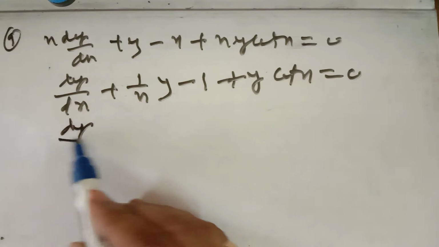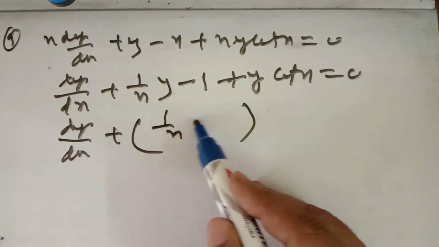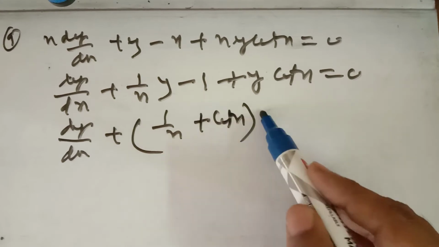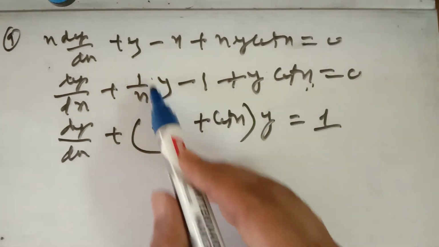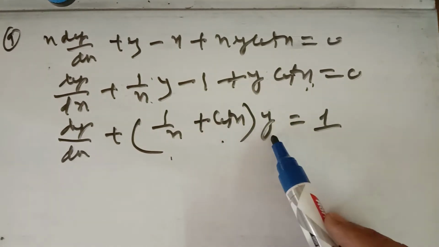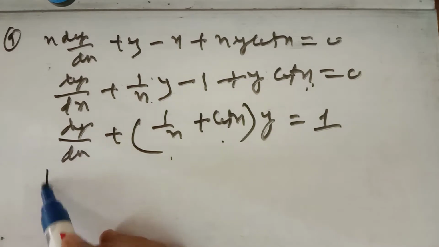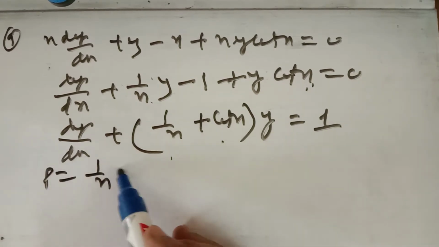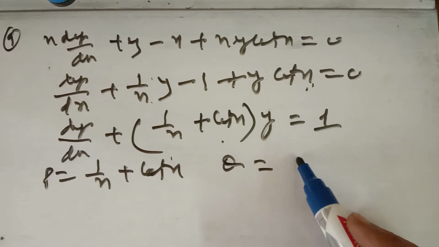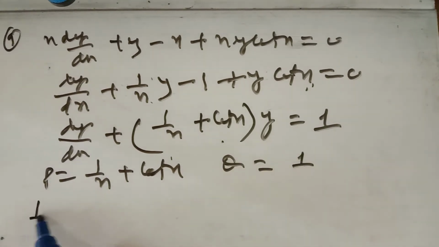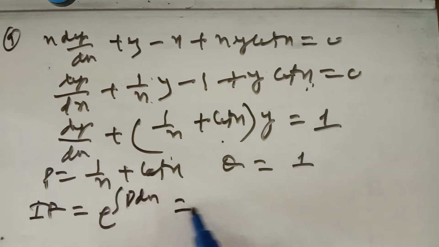The standard form is dy/dx plus the term containing y. It is cot x. Y is equal to 1. You take y common in these two terms, so dy/dx plus 1 upon x plus cot x times y is equal to 1. Now it has become the standard form, where P is 1 upon x plus cot x and Q here is 1. So its integrating factor will be e raised to the power integration of P with respect to x,